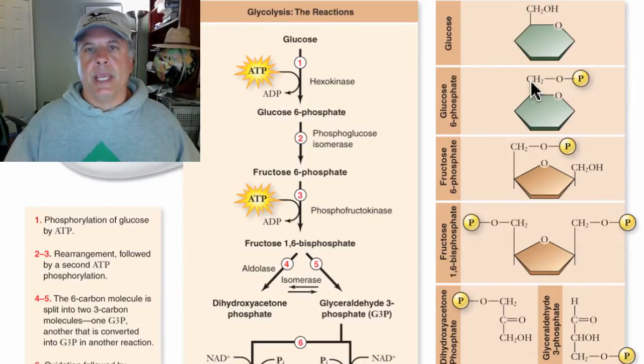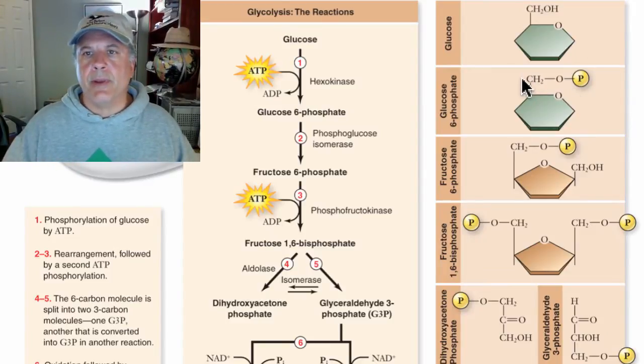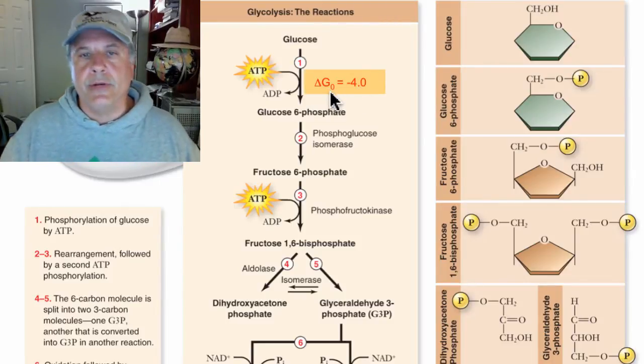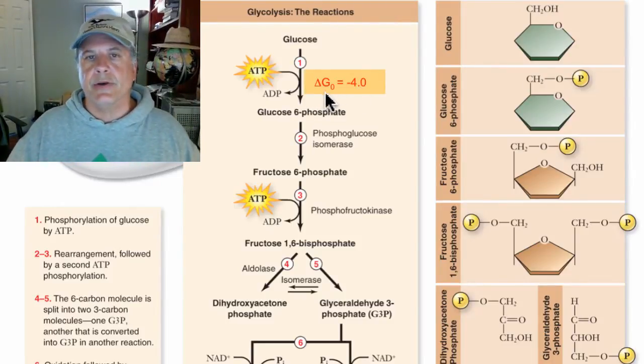Glucose is a hexameric carbon sugar. Hexokinase takes a phosphate from ATP and attaches it to glucose to yield glucose 6-phosphate. You might ask, what is the delta G for this reaction? Let's look at that. Delta G0 means standard conditions, maybe not the conditions that exist in the cell, but if we were in a test tube